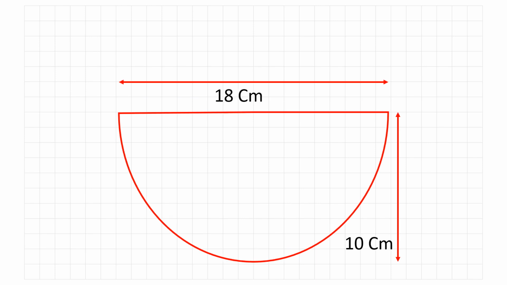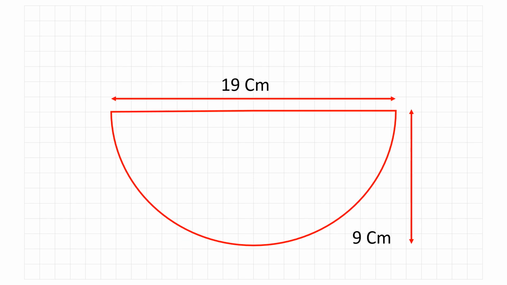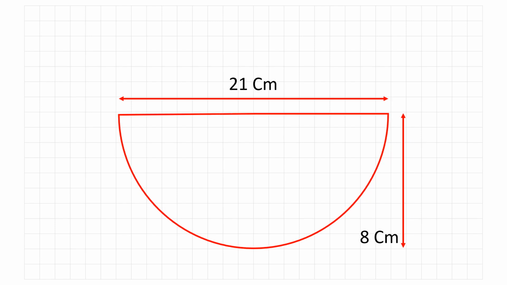Or, my neck width can be 18 centimeters, and my neck drop can be more than 9 centimeters. Or, my neck width can be 19 centimeters or more, and my neck drop can still be 9 centimeters or less. If the neck drop is equal to or bigger than half the neck width, the calculation of the